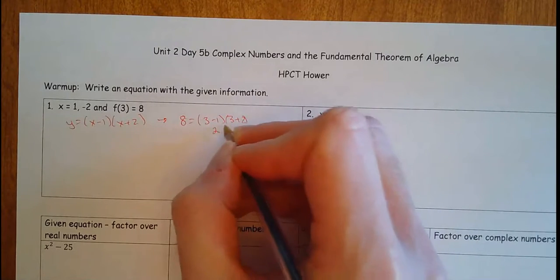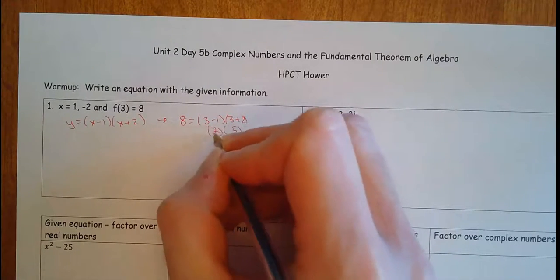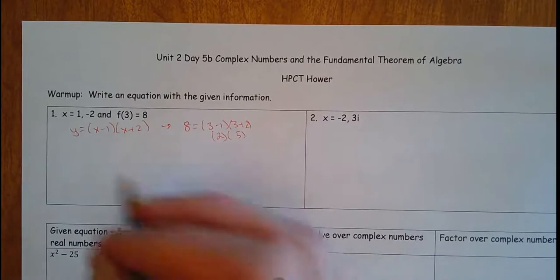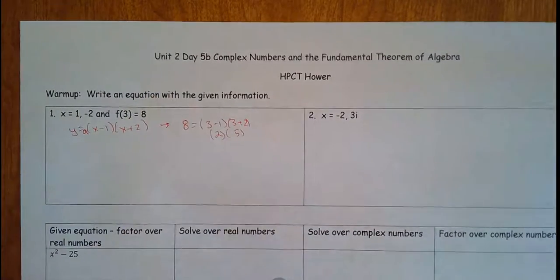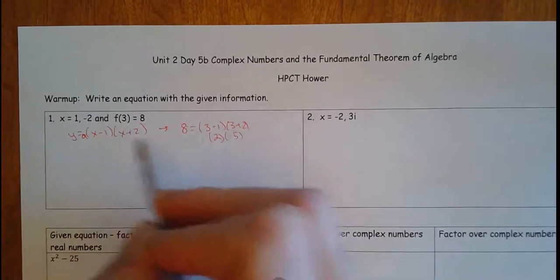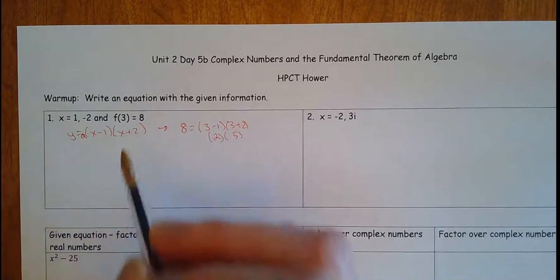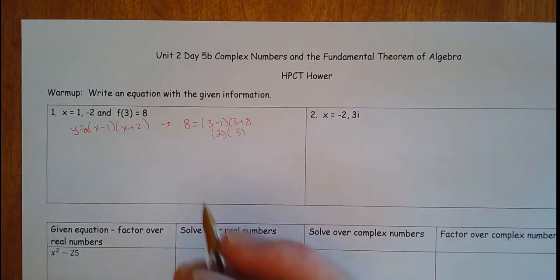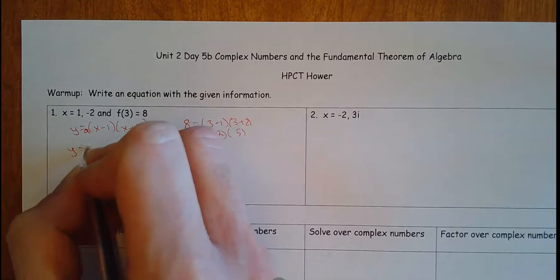So this would be 2 times 5. Does 2 times 5 equal 8? And that's not true. So the problem here is there must be some a, some value of a that's going to either vertically stretch it or vertically shrink it so that it goes through this point. Because this one that we had without the a, or if the a was 1, does not go through that point. So what I'm going to do,